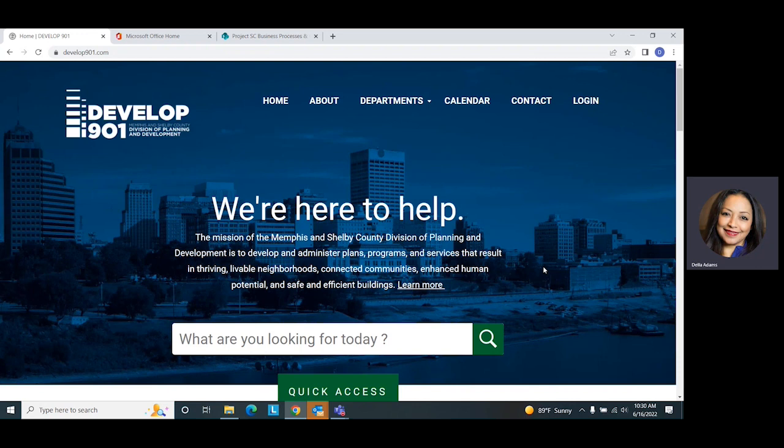The purpose of this module is to learn how to manage your applications and your records, how to find out what is happening with each one of your projects, what the processing status is, how to schedule inspections, and things like that. So if you start out at this website, you click login,